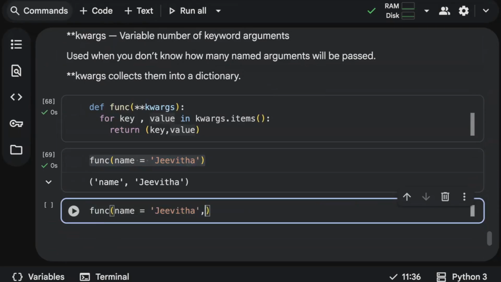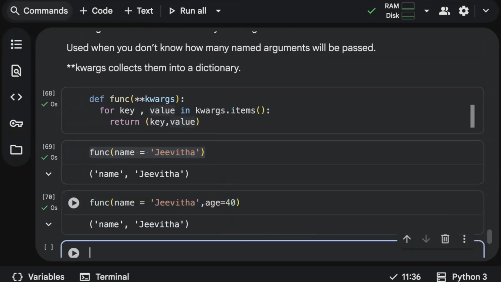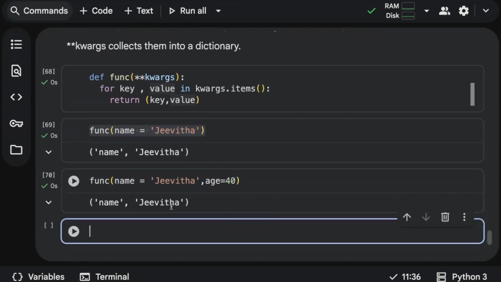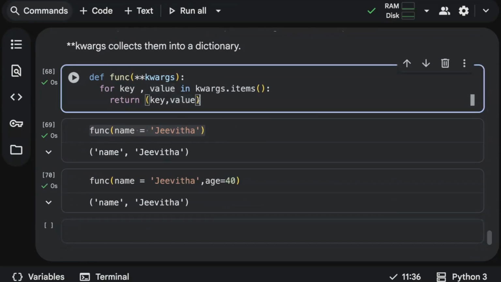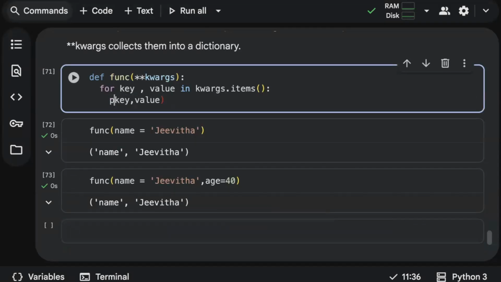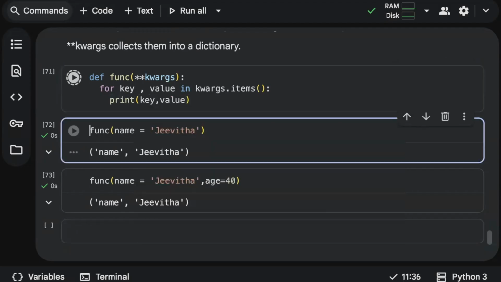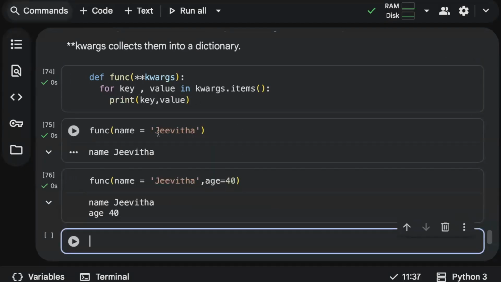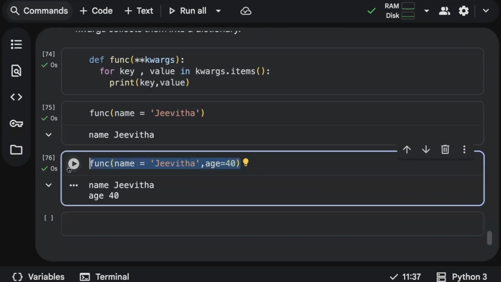So you can pass one more value like age equal to 40. See? But it's taking only one key and value, right? So name, age, it is giving. It's not giving both. Okay, since we are using a return statement, it's not returning multiple values. So use a print statement, because print is used for displaying, right? Return returns only one time. Yes. So like that, you can pass any number of keyword parameters into your function.